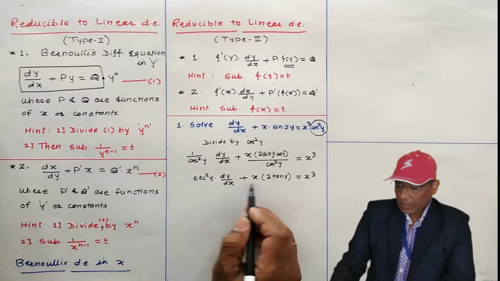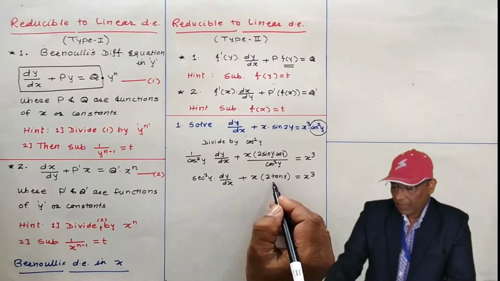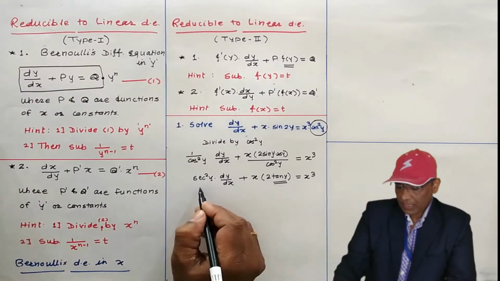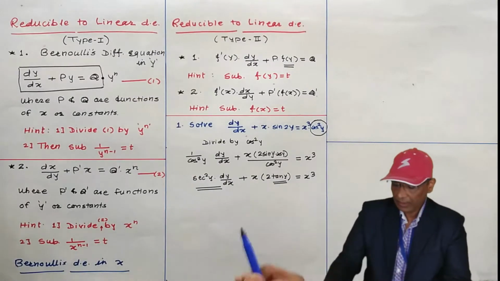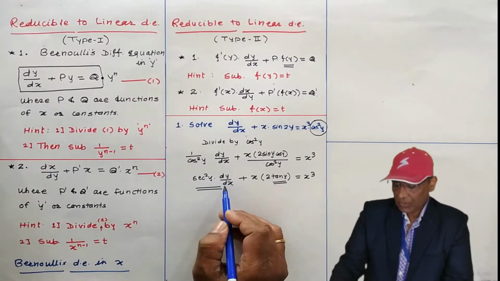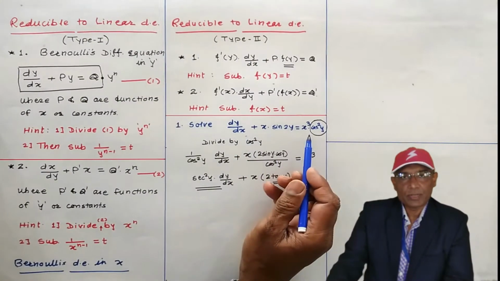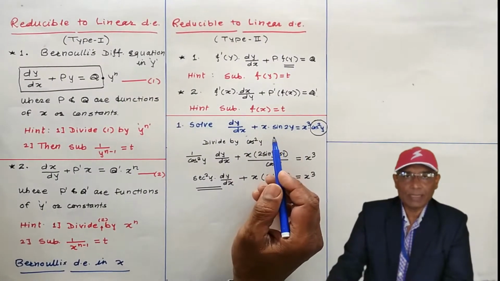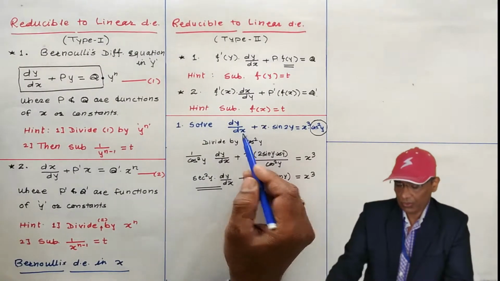Now, if you look at this differential equation, the derivative of tan y is present here. What is the derivative of tan y? The derivative of tan y is sec square y times dy by dx with respect to x. Because when you deal with a dy by dx differential equation, all derivatives and all integration must be carried out with respect to x, since x is present in the denominator of the differential coefficient.